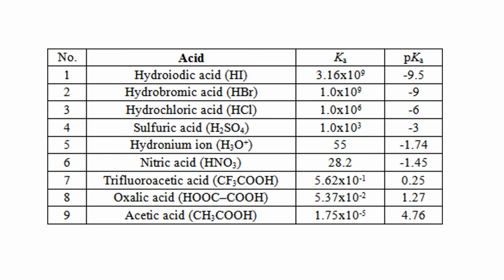You can easily understand that concept, what I told you in the previous slide. You can see here hydroiodic acid, a very strong acid, so it will have the least pKa value in the table. Similarly, hydrogen bromide, hydrogen chloride, sulfuric acid, the acidic strength is going to decrease in the downward direction, and you can easily observe that the values of pKa are going to increase. But what about the Ka value? The Ka value is highest in the case of hydroiodic acid, that is the strongest acid, but its pKa value is the least.